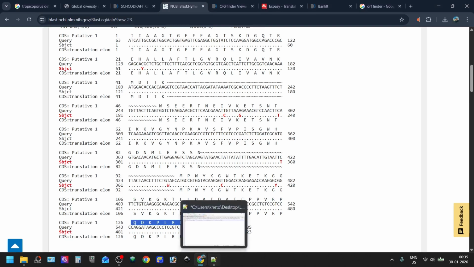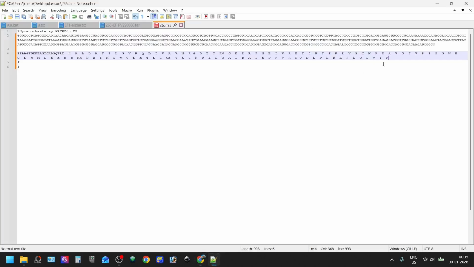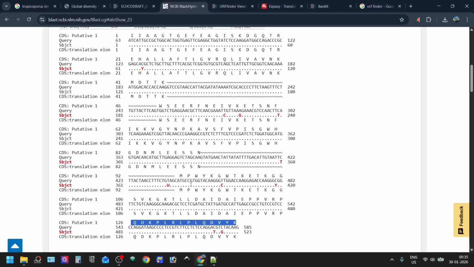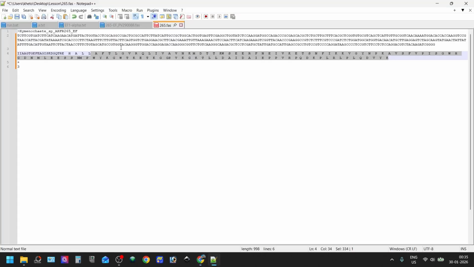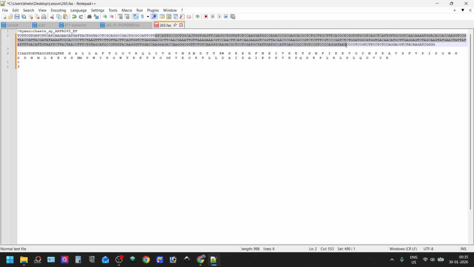So what we can see here is that this is a partial sequence, and this is the query subject starting from 63. So this is the 63rd position of your sequence. You can say ATC ATT. So it is actually showing you the results, the amino acid sequences from here up to a certain point